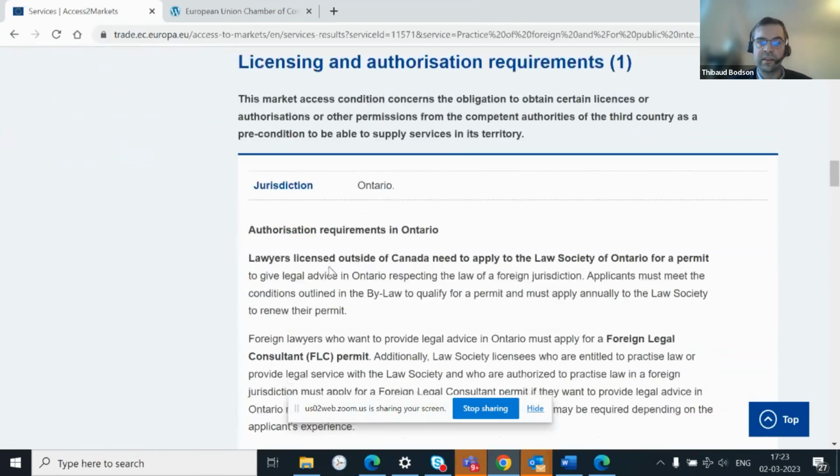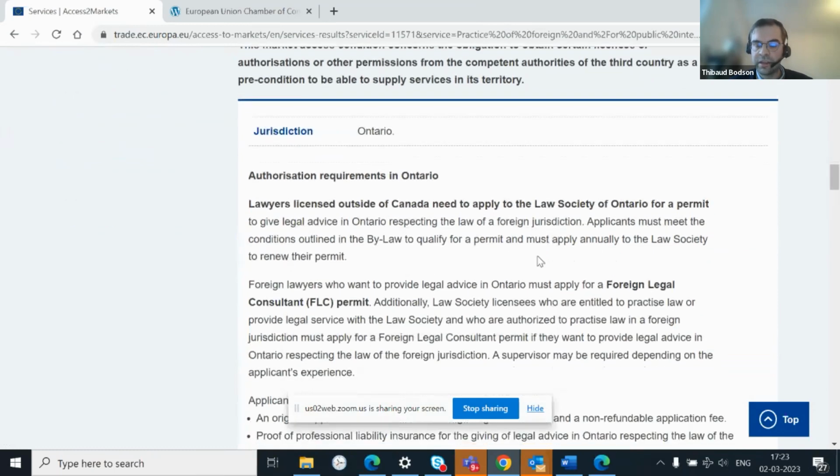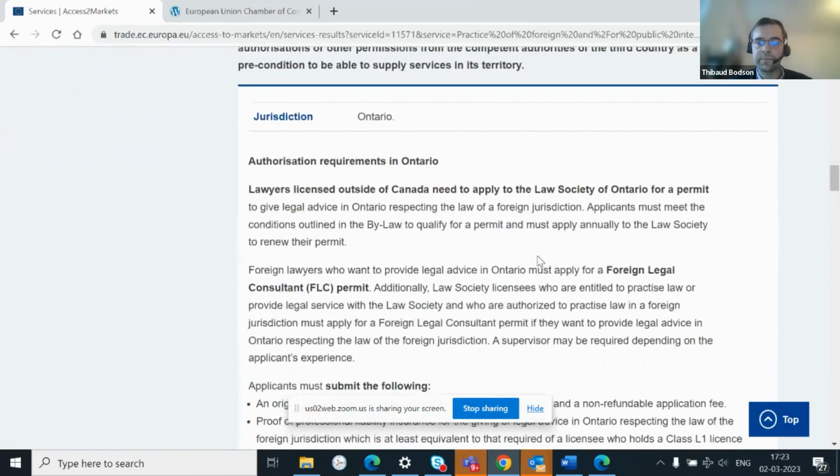For instance, it says that lawyers licensed outside of Canada need to apply to the Law Society of Ontario for a permit and so on and so forth. So that's the kind of very practical information that you will be able to find.